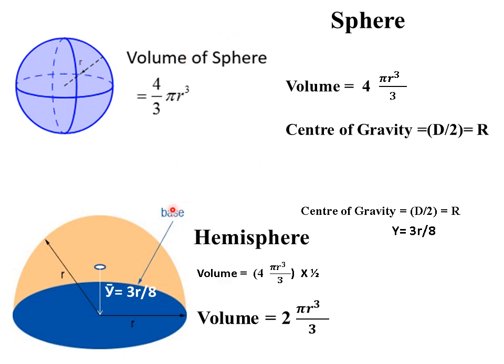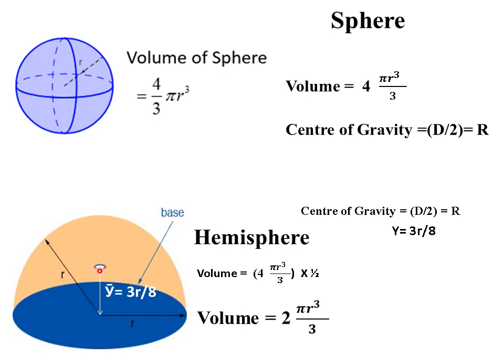Like the sphere, another figure is the hemisphere, that is, this sphere is cut into half. So the remaining half portion is called a hemisphere. Again it has radius r measured from any of the edges. Here if you see on the base, it will be at a distance d by 2 or r, that is the ordinate of the center of gravity.